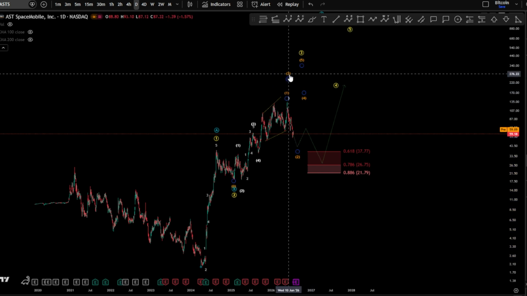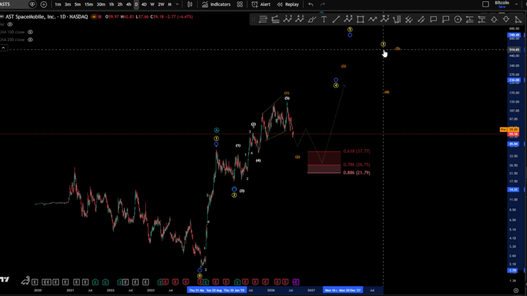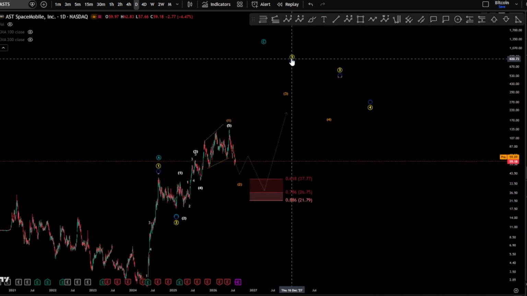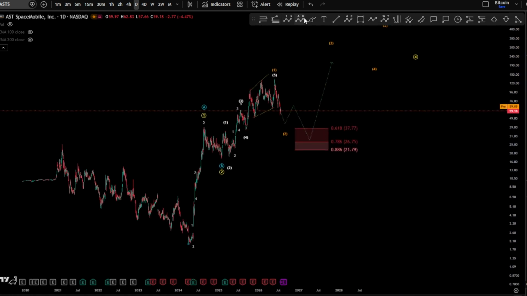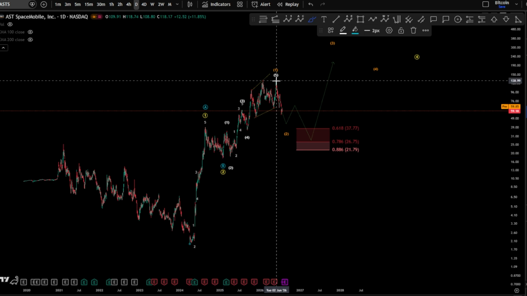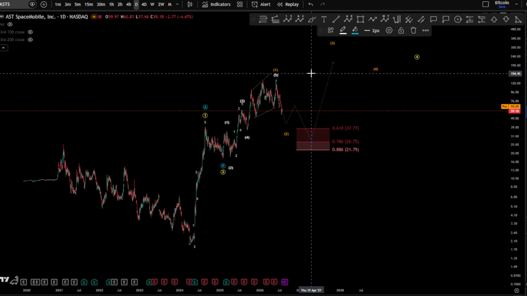So we're going to have a new target here for a wave 3, 4, and a 5 to finish wave 3, 4, and a 5 here. Continuation for a wave C. That means your wave 3 in orange here. Of course, we still need the wave 2 to finish up here and get a much more precise level,